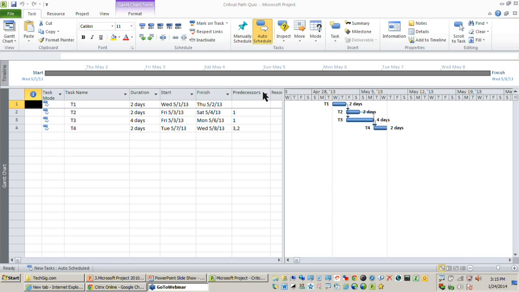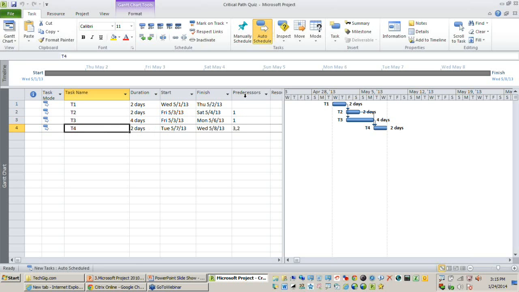Number one, I have used a calendar where every day is a working day, which means even Saturday and Sunday are included, so that you can know how these calculations have been done. Secondly, all these activities have been sequenced properly, so I don't have any dates attached. I just said that only after the first activity can the second and third activities start, and only after the second and third complete can the fourth activity start. So I have set some dependencies, and these durations can also be seen on the other side as a label.